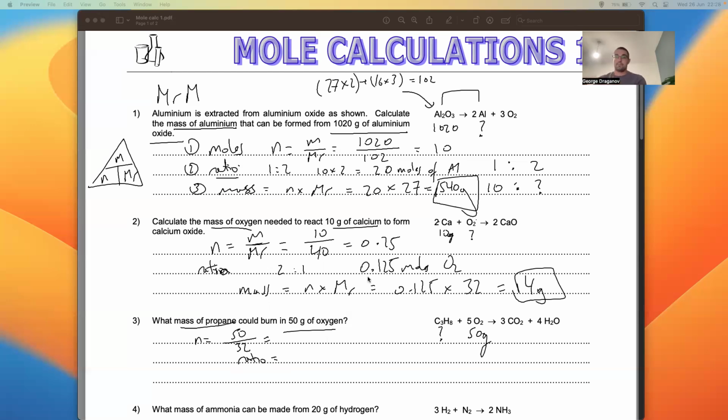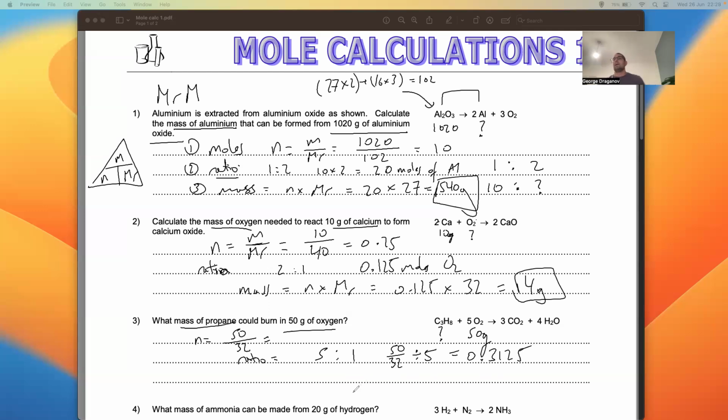Now, the ratio, interesting. Is it 1 to 5 or 5 to 1? Well, because we found the oxygen and we're looking for the propane, it's actually 5 to 1. So we need to divide this by 5. So it'll be 50 over 32 divided by 5. I will actually input this now into the calculator. So 50 divided by 32 divided by 5 gives me